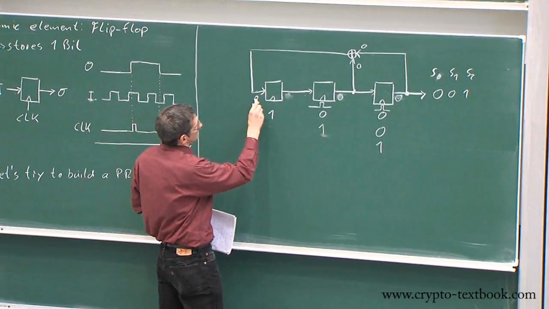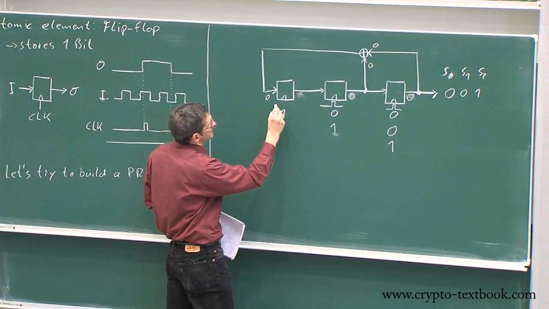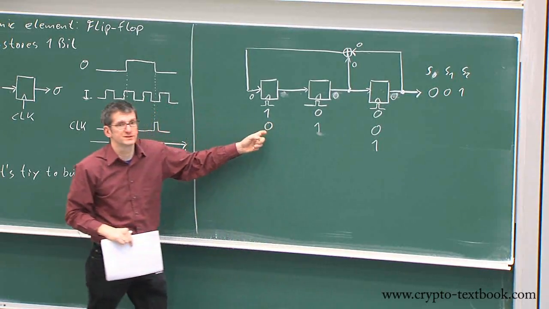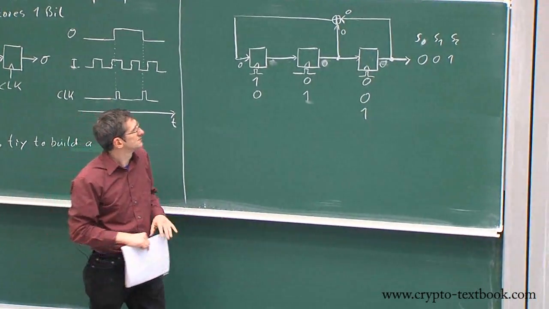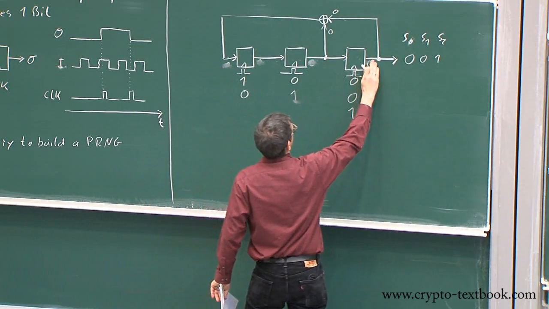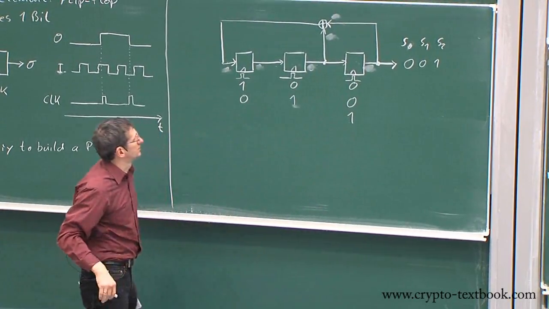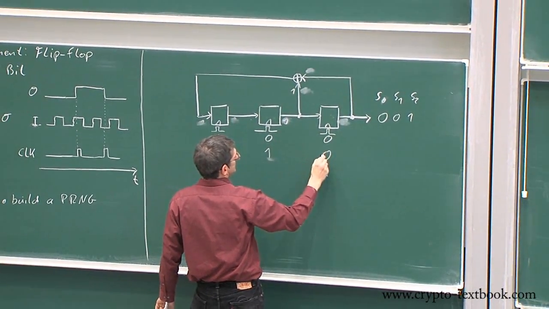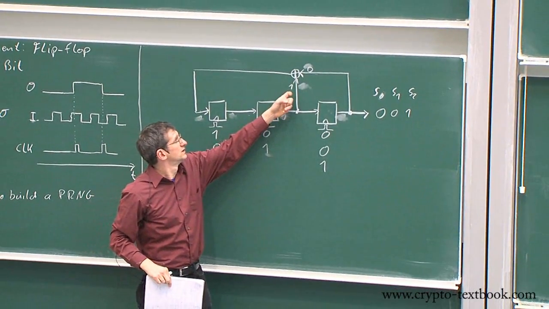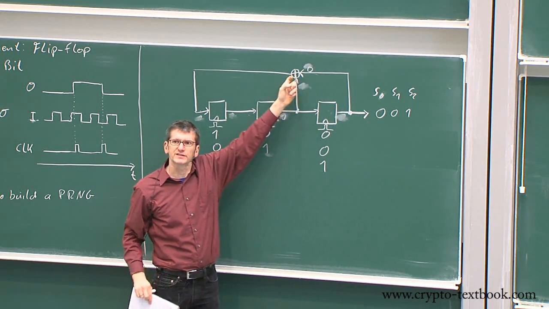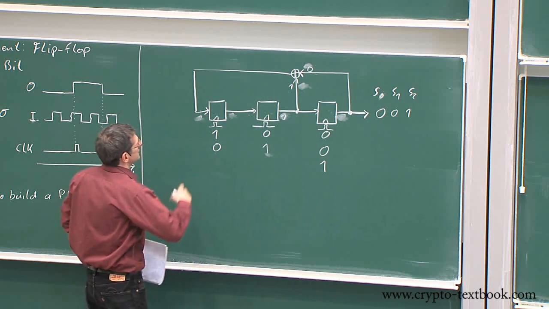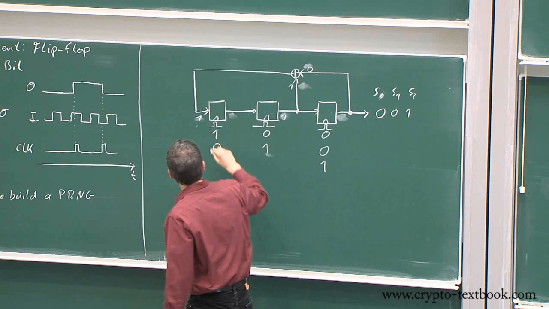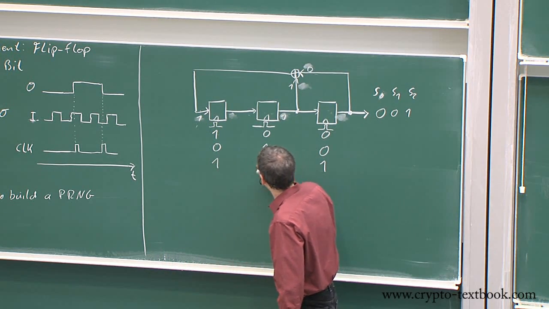Then you clock. And what's happening when the first clock pulse comes at this point here, we didn't even look at that before. This clock pulse ensures that the content becomes a 0 here. Okay? Let's erase it again. Now before the second clock cycle, this flip-flop has a 1, so you get a 1 here. You get a 1 here. And this is a 0. Okay. So you have 1 and 0. What is the XOR of 1 and 0? Does anyone know? 1, very good. So in preparation, before the second clock cycle, you have a 1 here. Now the clock pulse comes, you clock in a 0 and that 1, and this is a 0. Okay? So what you see here,